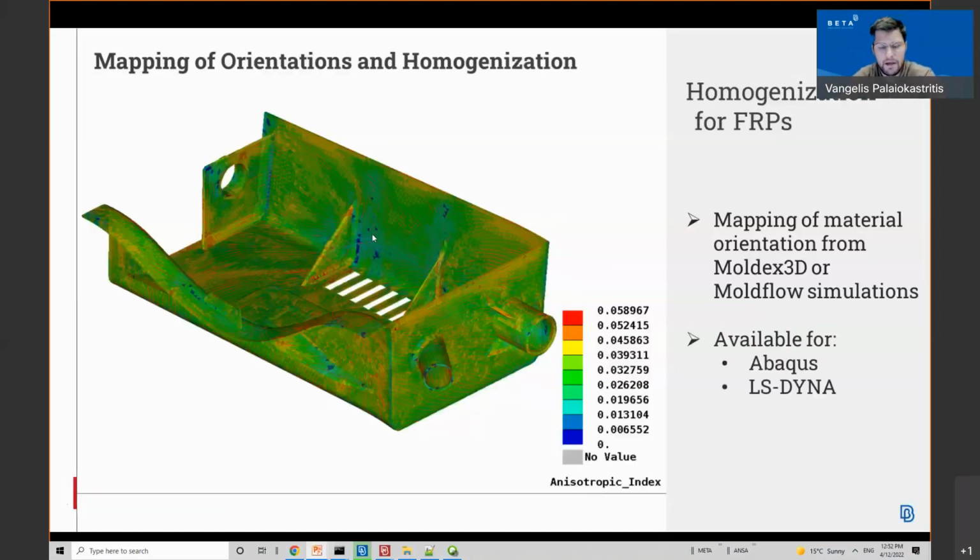Finally, the coupling of molding simulations with structural simulations for FRPs, fiber-reinforced plastics, is available through the results mapper tool. It is a common case that we have results with the material orientation coming from a Moldex3D or a Moldflow analysis.